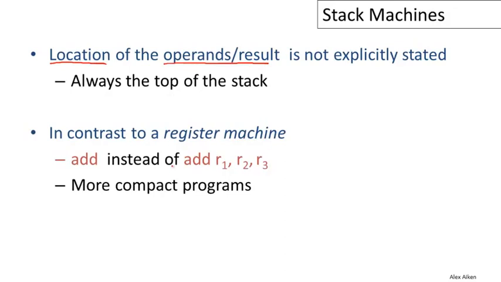So for example, you might be familiar from seeing some machine code or assembly code in the past that an add instruction might typically take 3 registers: 2 for the register arguments that are going to be added together, and 1 for the destination for the result. Whereas in the stack machine, we just have a single word add and no explicit naming of the arguments, because it's fixed where the arguments will come from. The arguments will always be popped from the stack,